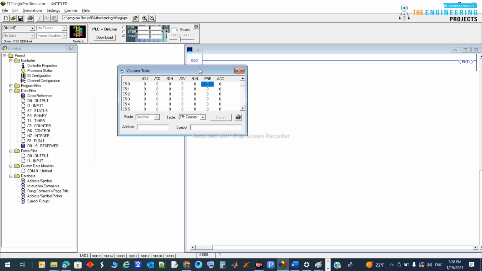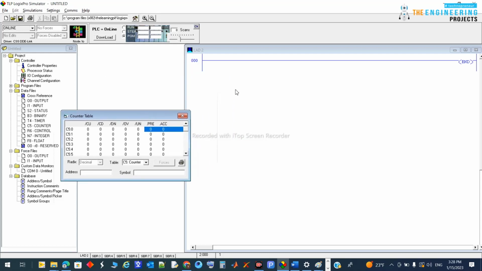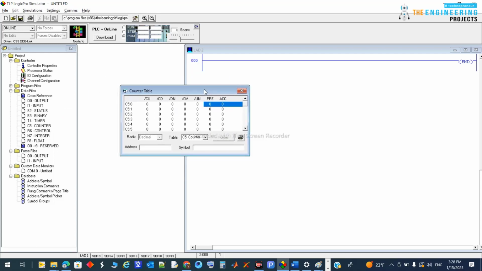and also the bits for count up and count down types of counters. And also we showed the different bits, like the done bit of the counter, and the variables like the accumulator and the preset value for the counter. So today we talked last time about the count up, so today we're gonna talk about the countdown and complete our session